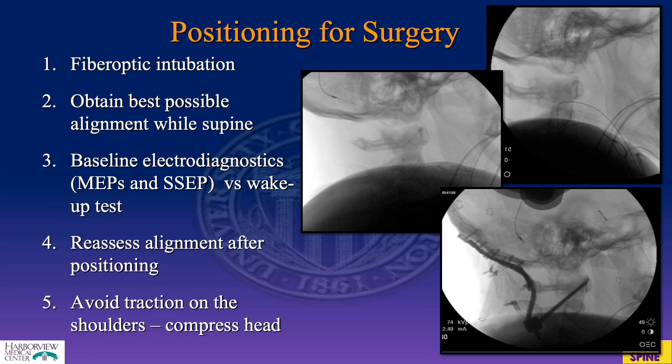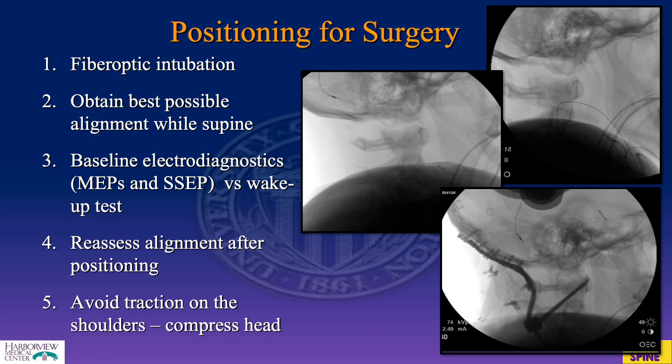So now that we've made the diagnosis and hopefully made it well, how do we manage these patients? Well, these patients should undergo at least an occiput to C2 fusion in a relatively expeditious manner. In positioning for surgery, if they're not already intubated, many of them are, we want a fiber optic intubation, obtain best possible alignment while supine, get baseline electrodiagnostics versus a wake-up test,